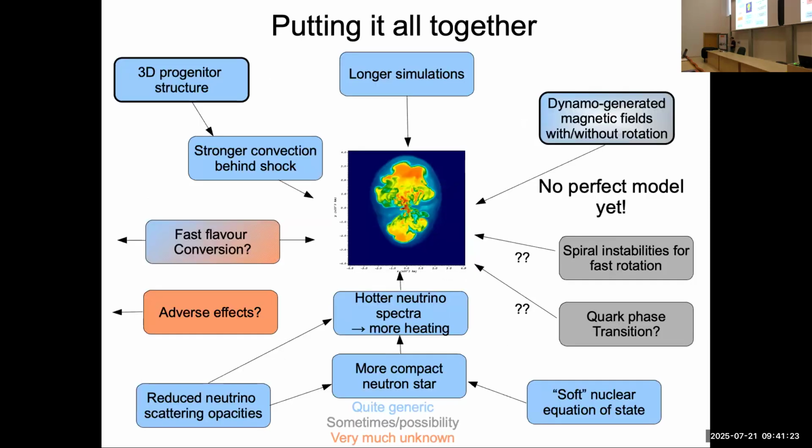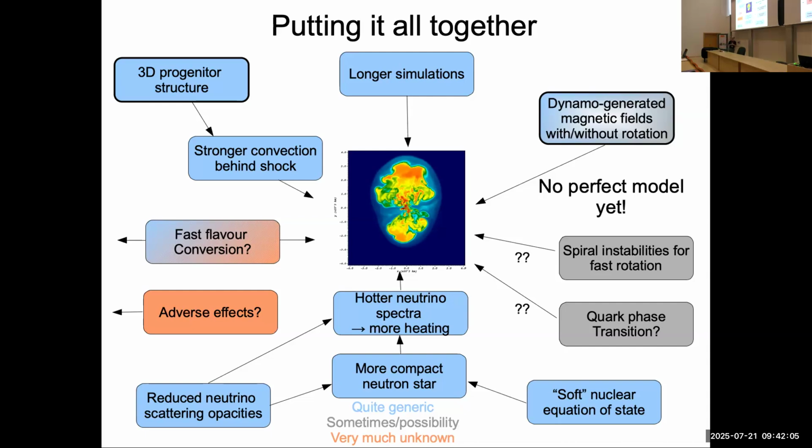Now, in the last 5 minutes, I don't have very much to say about the current state of simulations, but I shall still say a little about the complexity of this problem, the complexity of the problem that we are facing in actually simulating core collapse supernova explosions. You have to put all of what I said together, hydrodynamics, magnetic fields, and also everything that I haven't talked about, like the neutrino transport and the myriad of complexities in the neutrino transport that we've barely begun to scratch, like the issue of fast flavor conversion,